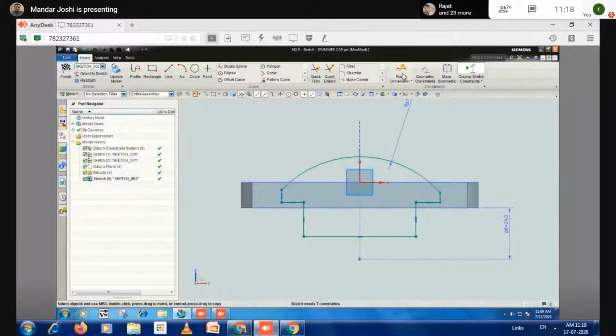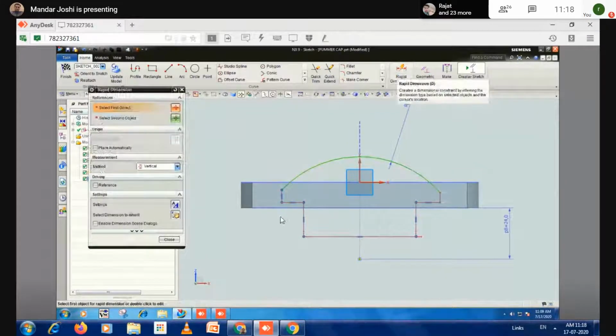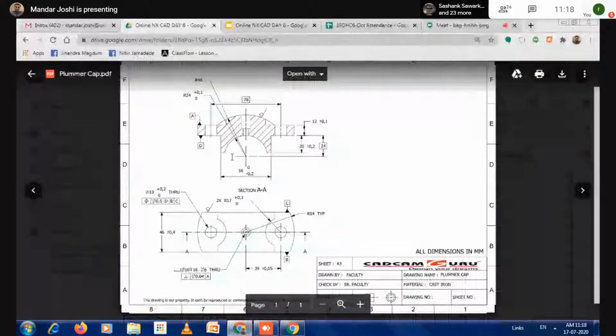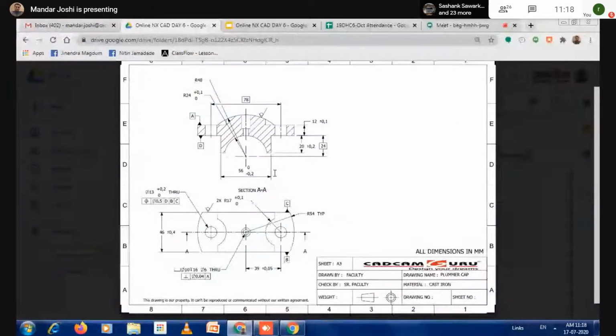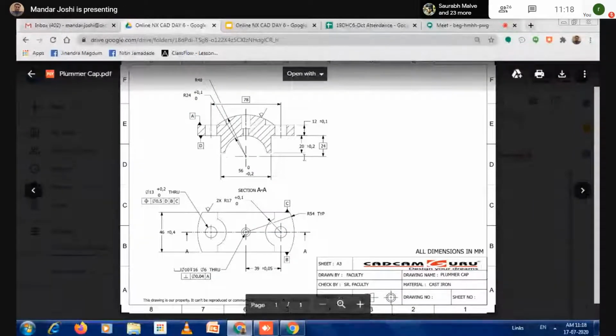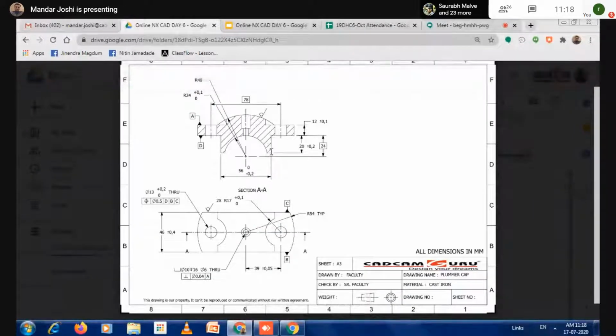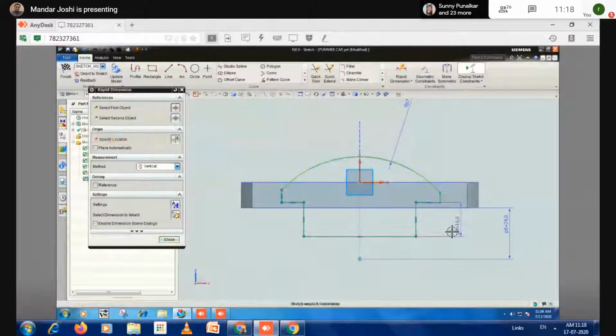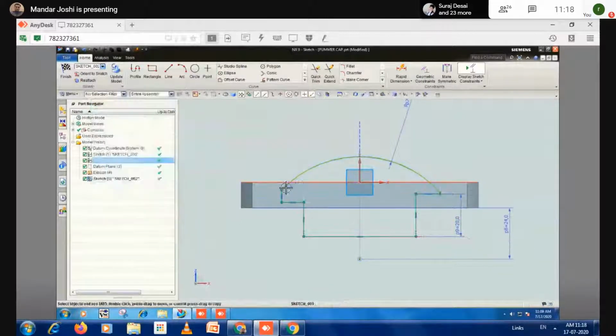Rapid dimension. This is 56. And this length is how much? Vertical length is how much? 20. So I use this value 20. Close. Just move this point.